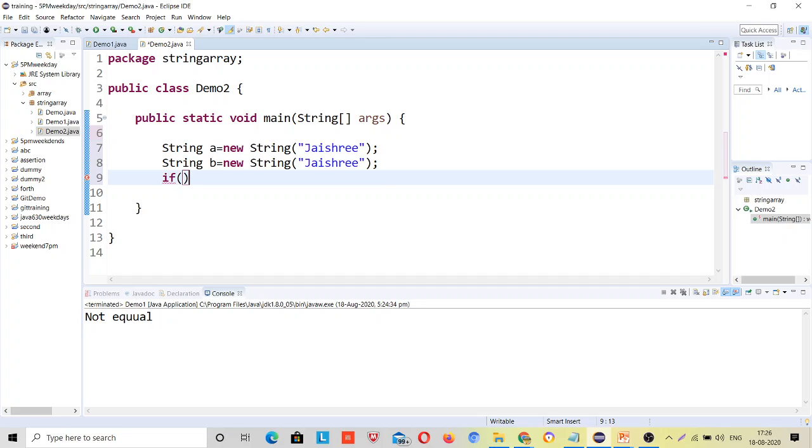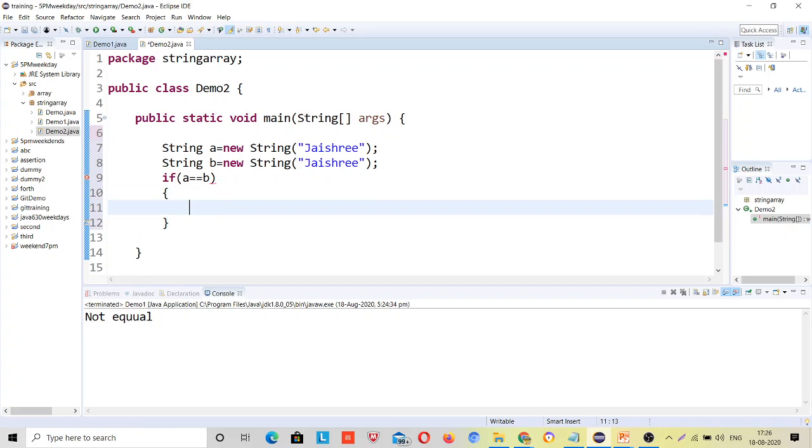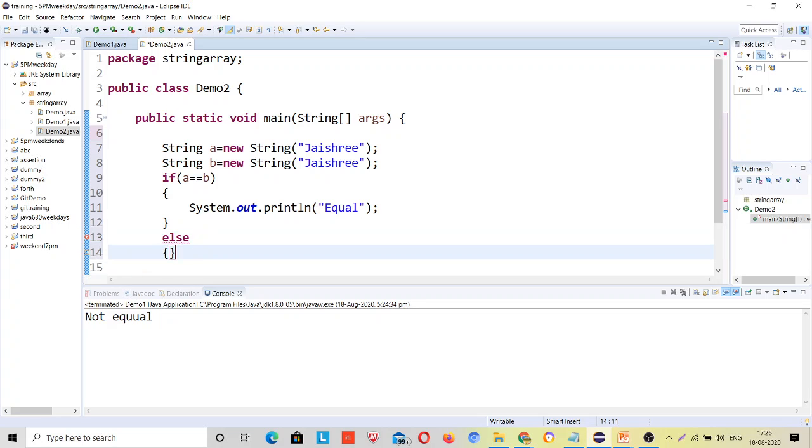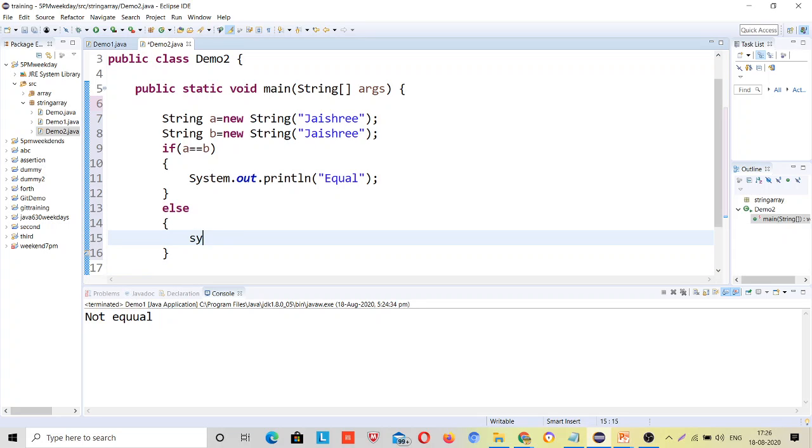If a equals b, sys out equal, else sys out not equal.